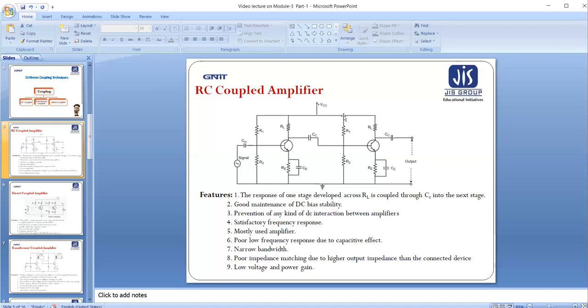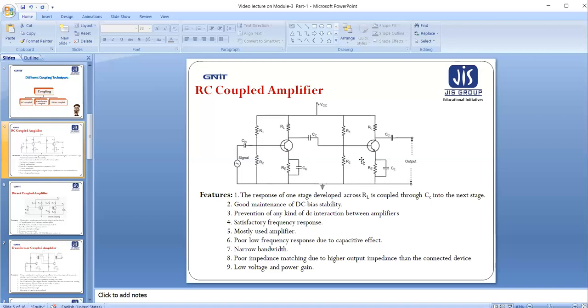So that's why the second stage biasing circuit should be the same as the first stage biasing circuit. Again, I am repeating that the circuit arrangement of the first stage transistor should be exactly the same as the second stage. Otherwise, the Q points of the two transistors will be different, and consequently the signal will not be correctly amplified at the end of this amplifier.